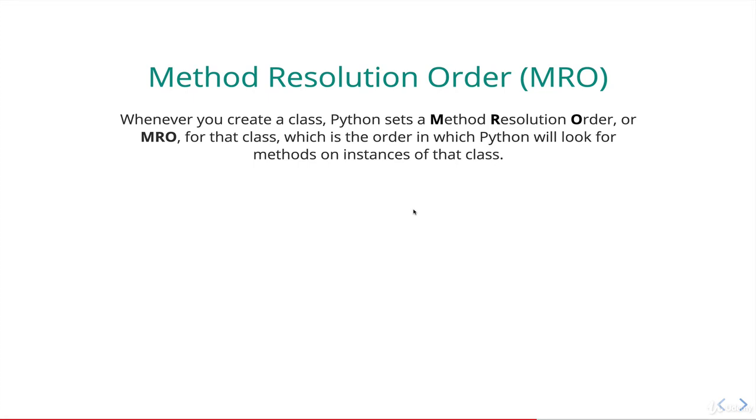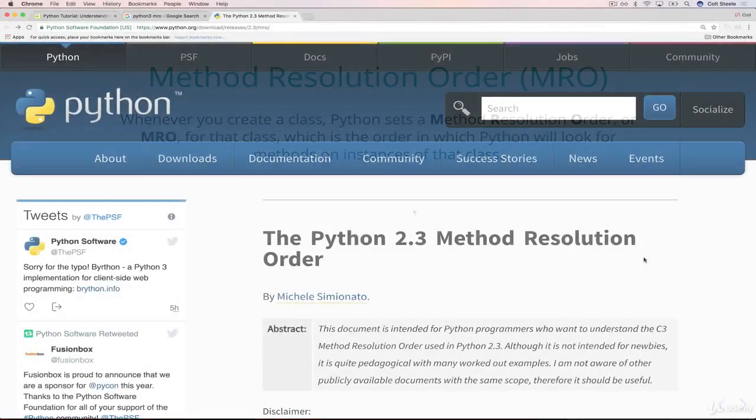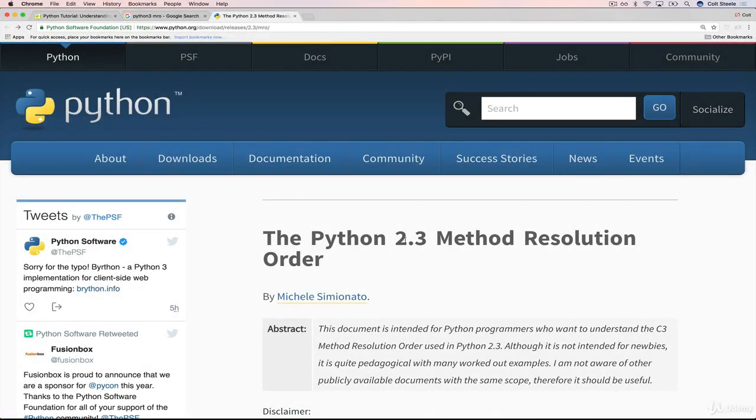And the way that Python actually establishes the order, the algorithm behind it, has changed over the years. I believe it changed from Python 2 to 3. There's a shift. And on top of that, it is pretty complex. And there are entire blog posts, very long, devoted to dissecting the algorithm. This here is the documentation for 2.3.